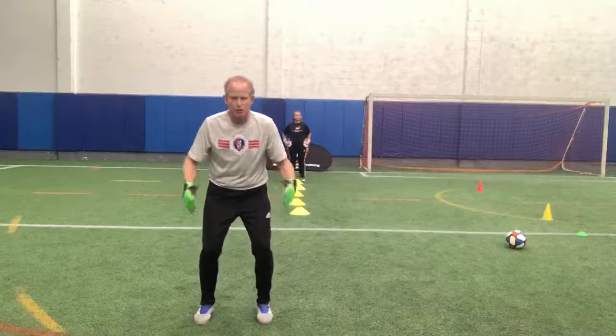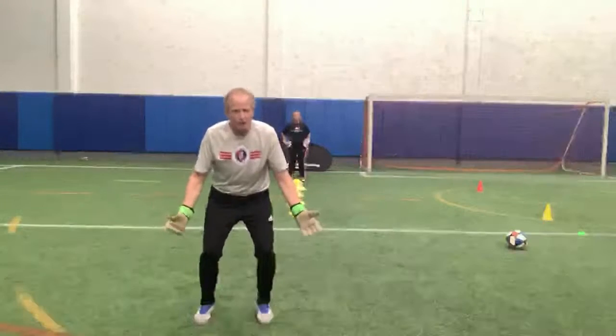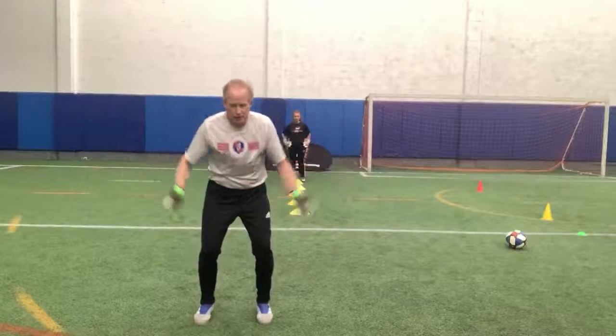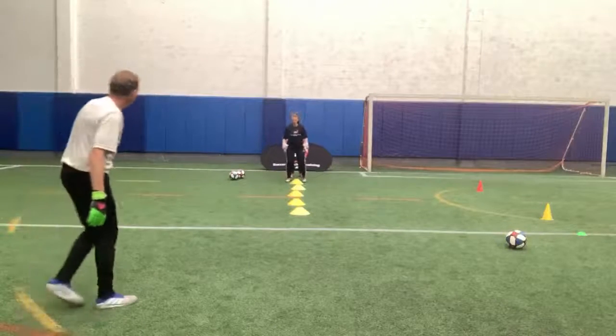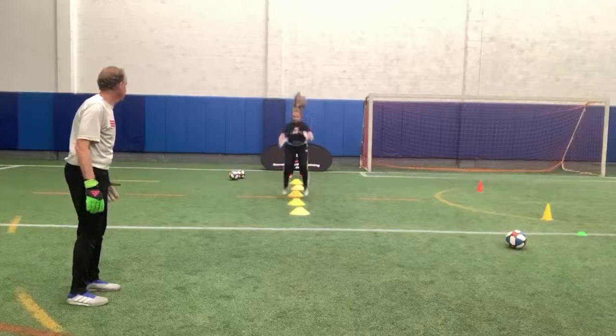I see a lot of goalkeepers will have their hands in, have their hands down. Hands down, you can't get up fast enough. Hands in, you can't get out quick enough. So we want our hands right here, so we try to work that out. So on our first run right here, the girls just hop over and land on their toes and absorb